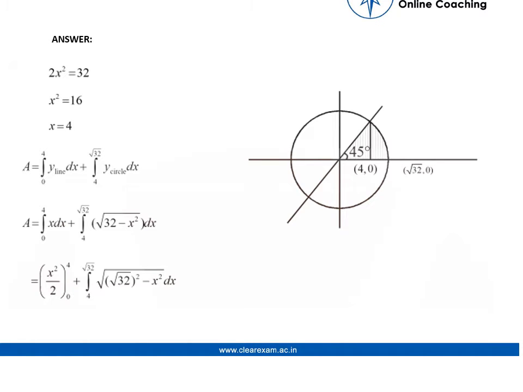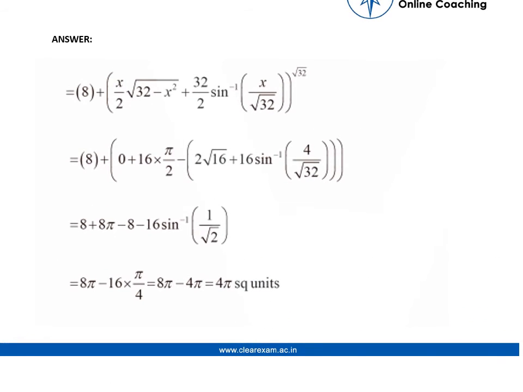So the area will be the integral of y of the line dx plus the integral of y of the circle dx, with the limits 0 to 4 and 4 to root 32 respectively. So we'll solve it further. We have drawn a circle with a line at an angle of 45 degrees, with the radius 4, 0, with the center at the origin of the axis. So after solving the equation, we'll get